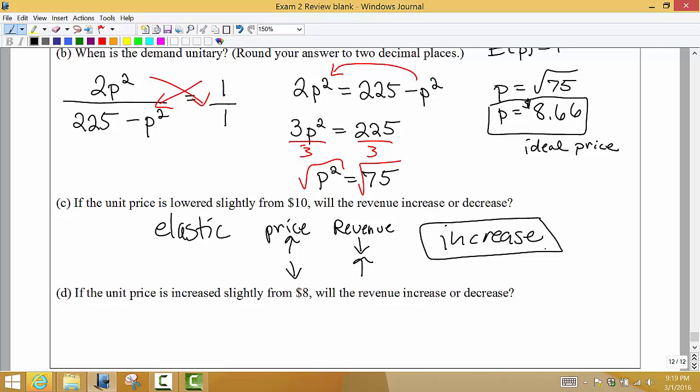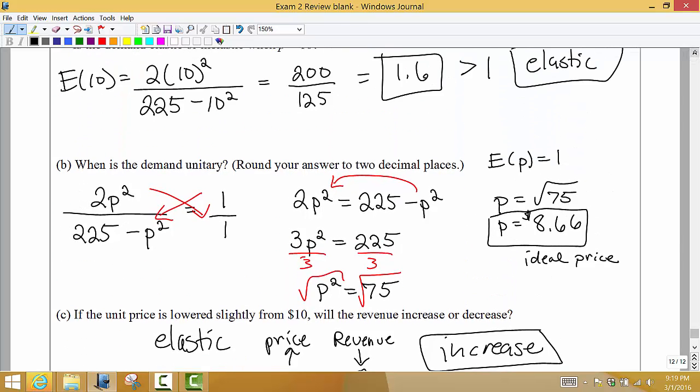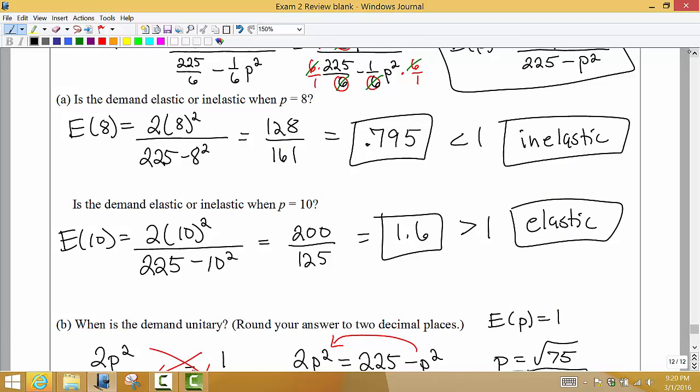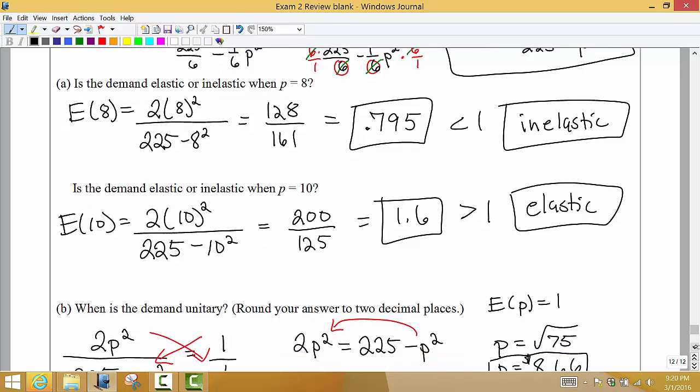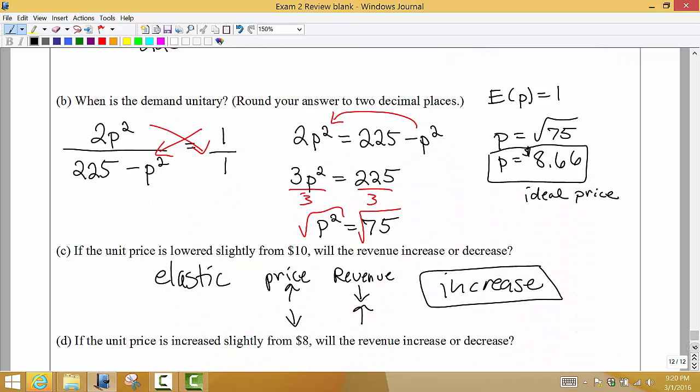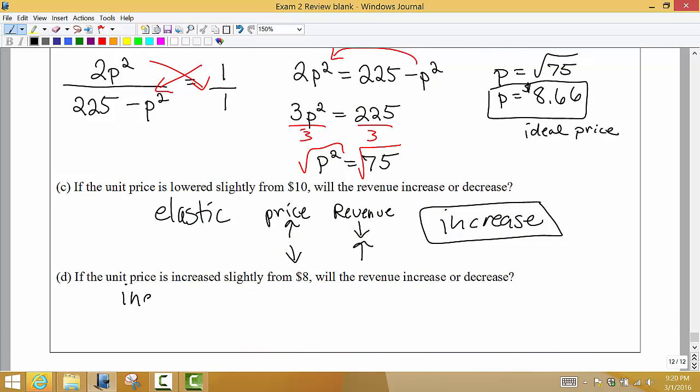Okay, for part D, if the unit price is increased slightly from $8, will the revenue increase or decrease? All right, so once again, in order to know that, we need to know if the demand at $8 was elastic or inelastic. So let's go back up to $8. So for $8, we determined that the demand was inelastic. So I'm going to put that here. So this means that changes in price don't really have that big of an impact on demand. Okay, so if you raise your price,